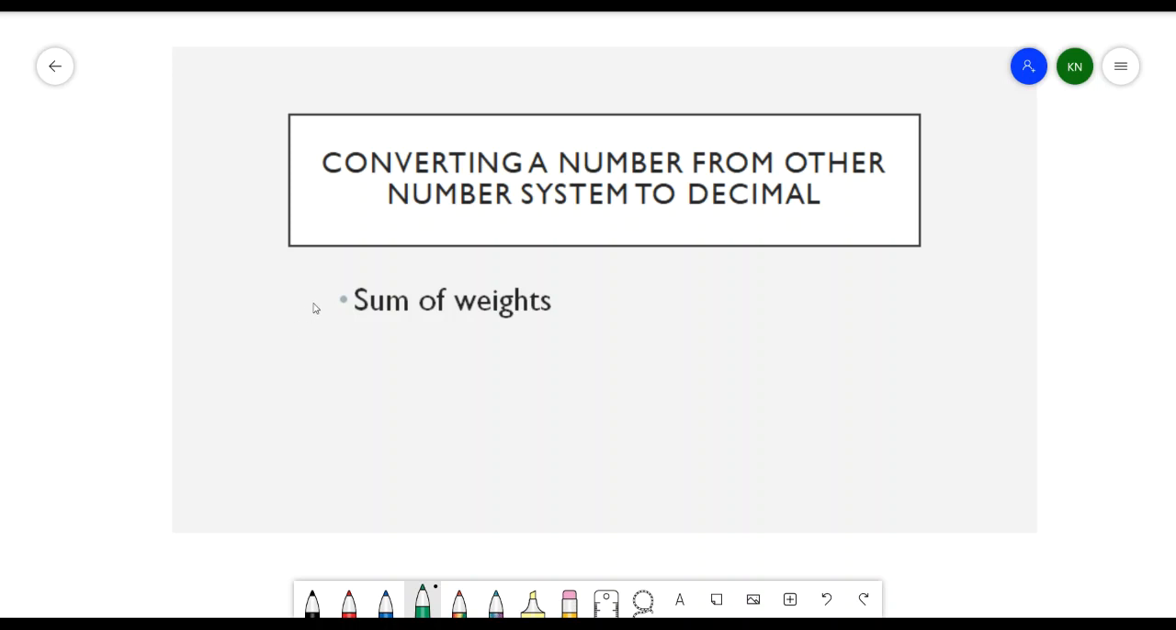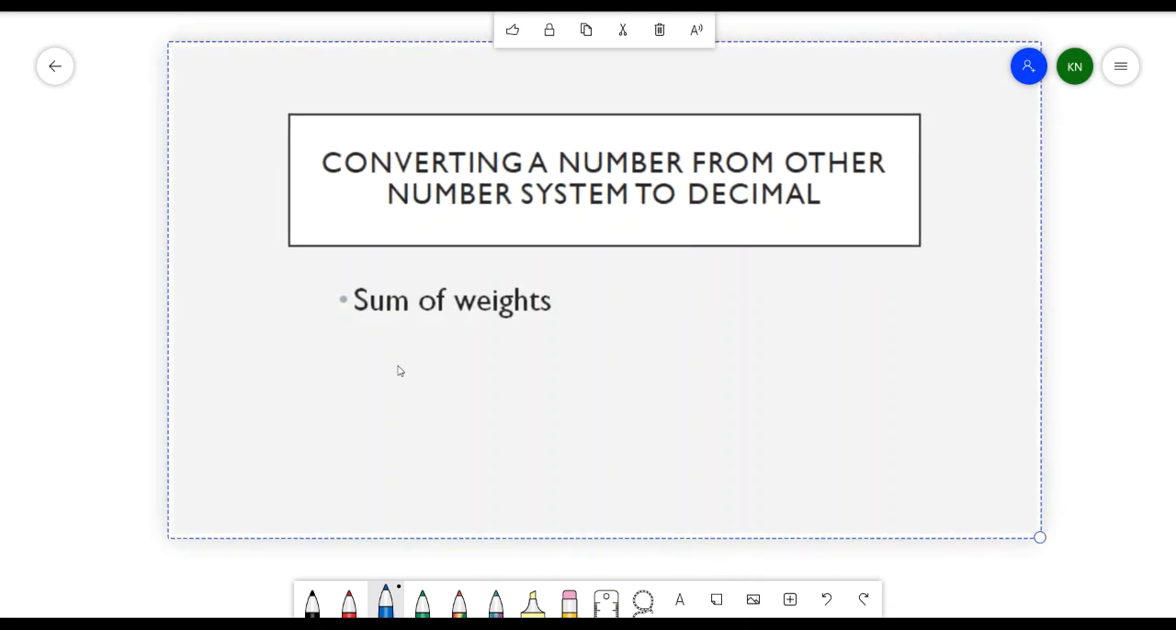And in converting other number systems to decimal, or in converting binary to decimal, octal to decimal, hexadecimal to decimal, we need to use the sum of weights. Later on, you will know what the sum of weights is, and what the process is. So now we have here an example,